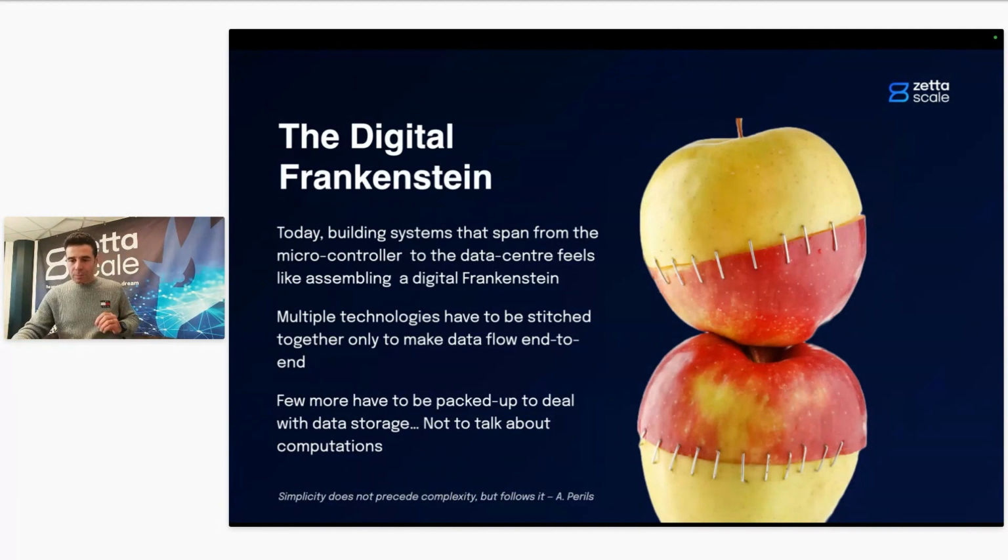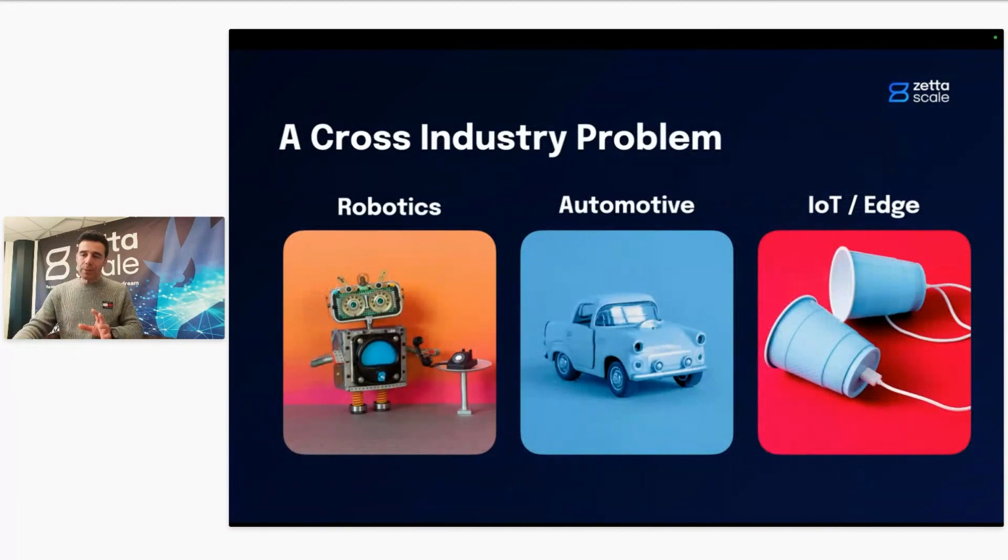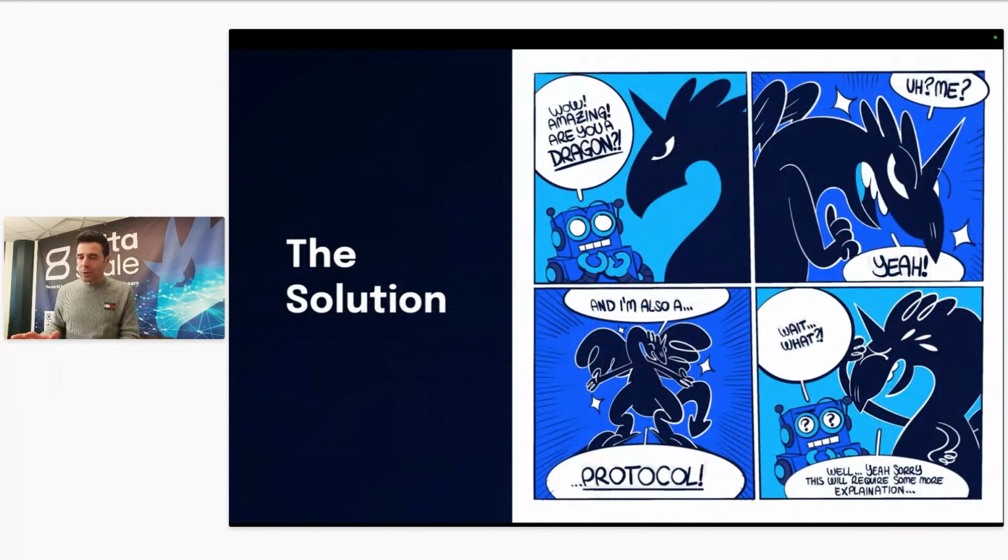So this is really a cross-industry problem. You have it in robotics, you have it in automotive, and you have it in general in IoT and edge. Several years ago, we started working on Zeno to structurally address this problem. Why so? Because most of the protocols that people are using today have been around for at least 20 years, if not longer. And 20 years ago, the world was very different. We were focusing on communication within a much more constrained scope than what we need to address today. And again, communication, so data movement, and data at rest were addressed by completely different technologies,